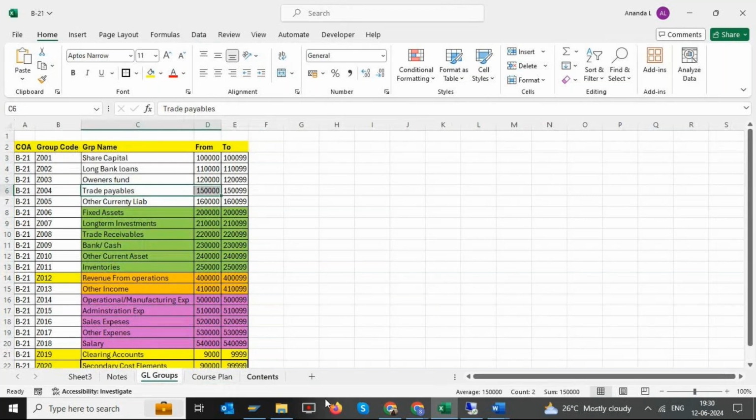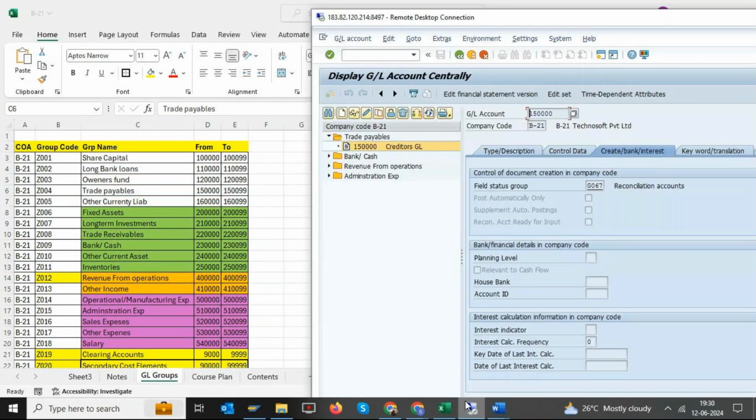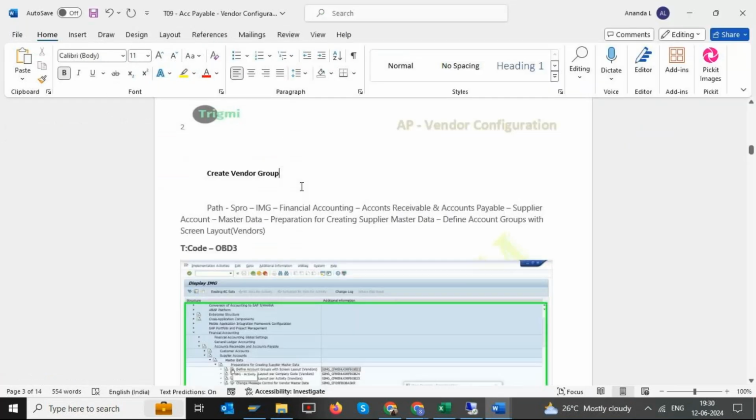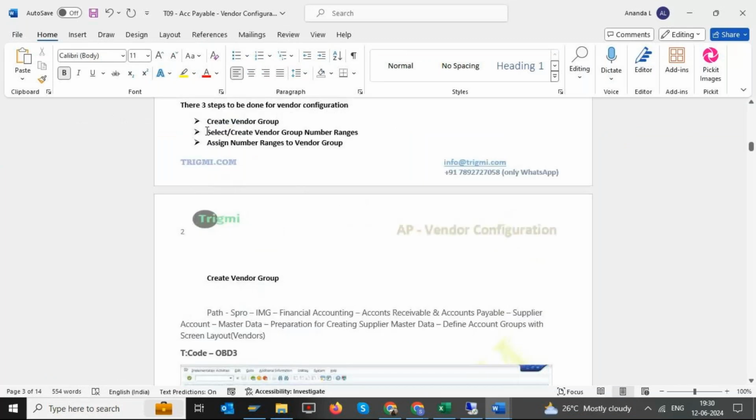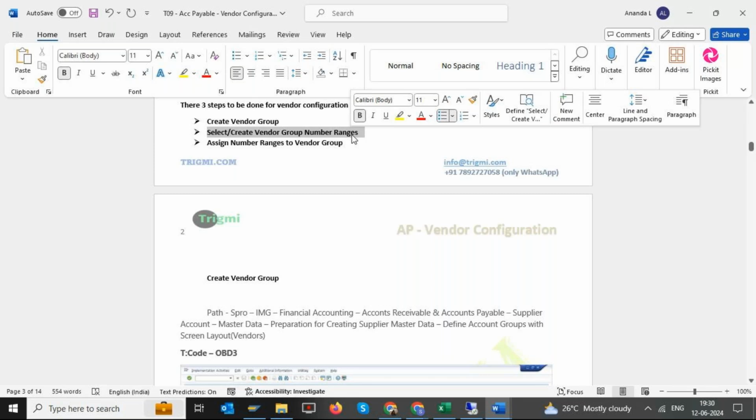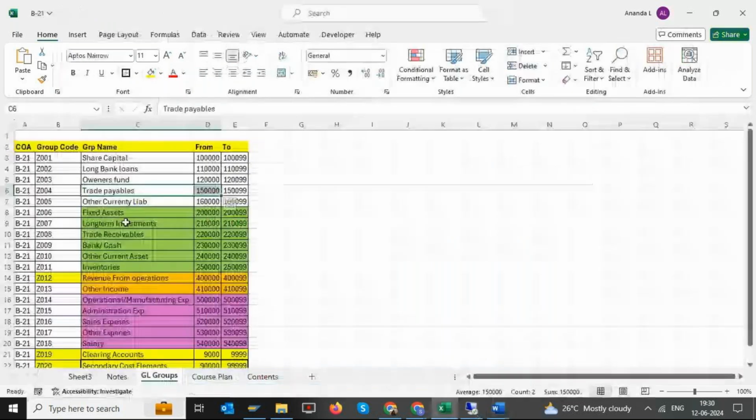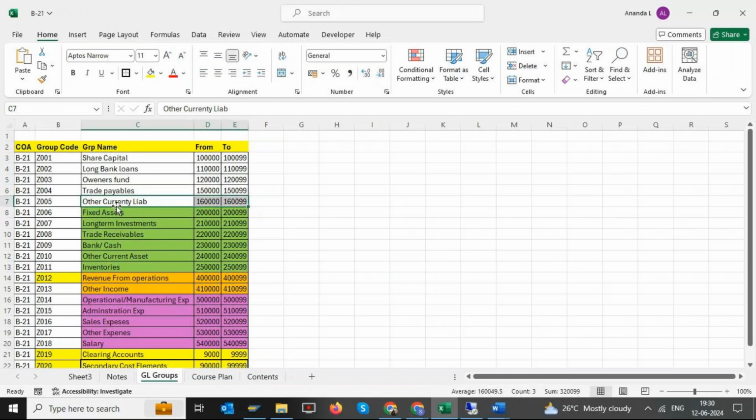Once it is created, the second step is select number ranges or create number ranges. Just like what we have done here, we created a number range. If I want to create any expenses GL, I go here and select the number I want to create as a GL account, and the system accepts. Just now I created trade payables 150000. Like that for vendors also, we should create the group,